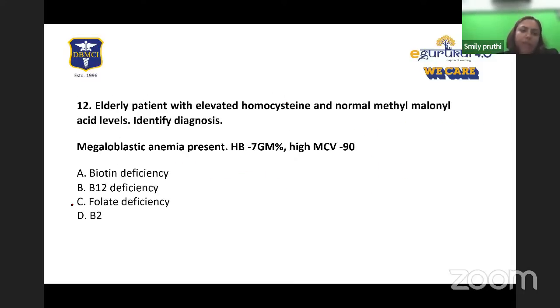Next, elderly patient with elevated homocysteine and normal methylmalonic acid levels. Identify the diagnosis. Elevated homocysteine can occur in B6, B9, and B12 deficiency. Methylmalonic acid levels increase in B12 deficiency. So it is very clear that it is not B12 deficiency, right? So answer will be